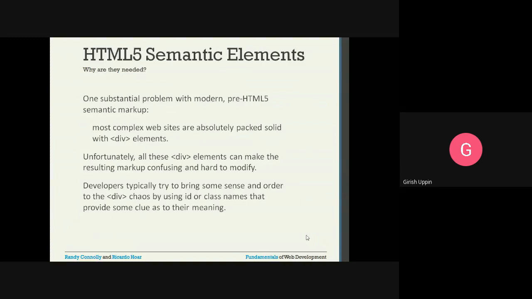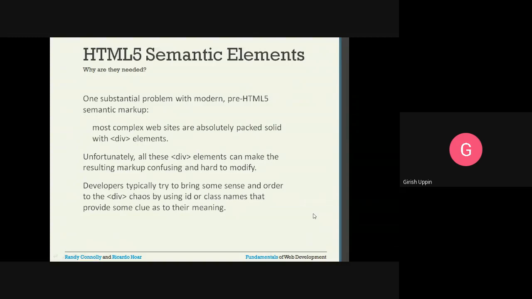Because we want a logical grouping, the usage of div is heavy in websites. There will be divs inside divs inside divs, and getting the meaning out of those logical divisions is very difficult.